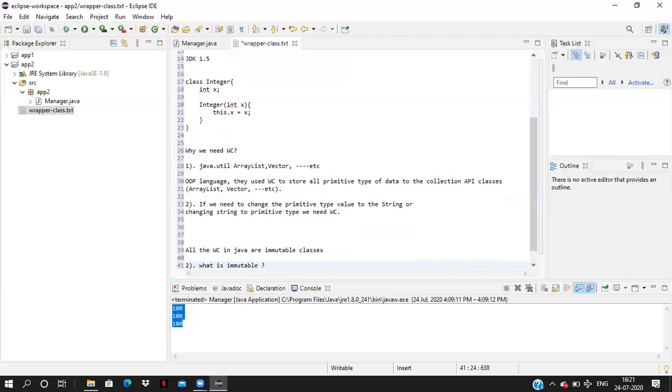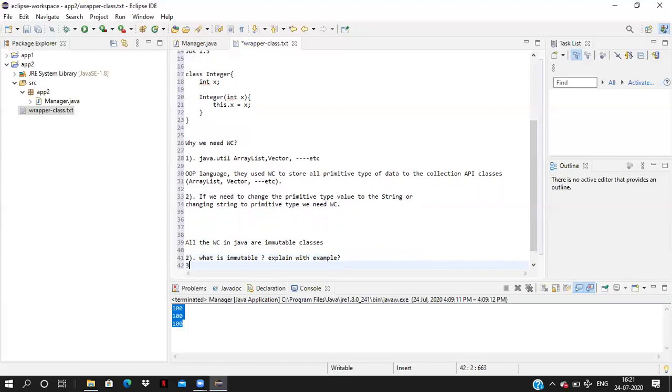What is immutable? Write a class for immutable as an example. What is immutable? Explain with an example. For every interview, maybe we can get this kind of question, immutable. We are learning about immutable.